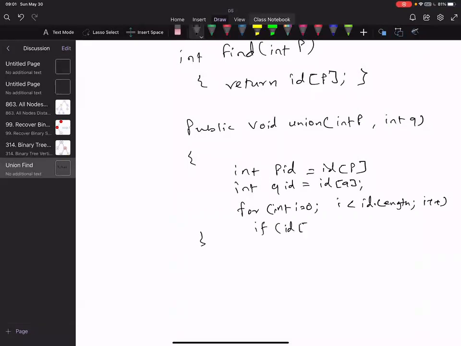If ID of i is equal to PID, then... In this implementation I am assigning ID of Q to ID of P, but you can do anything. So I'm scanning through the whole array.